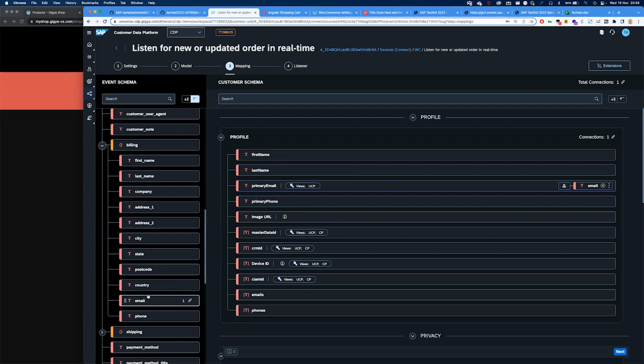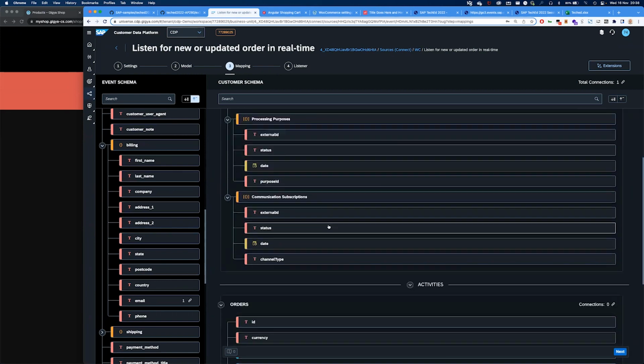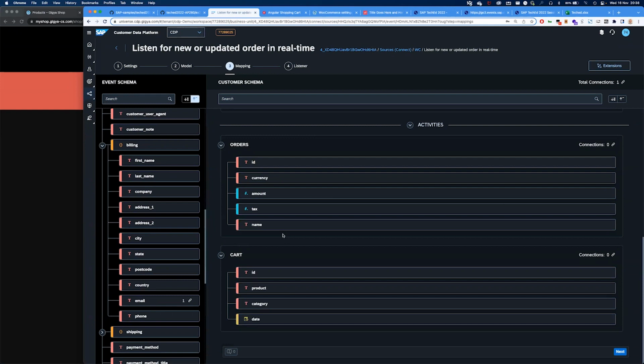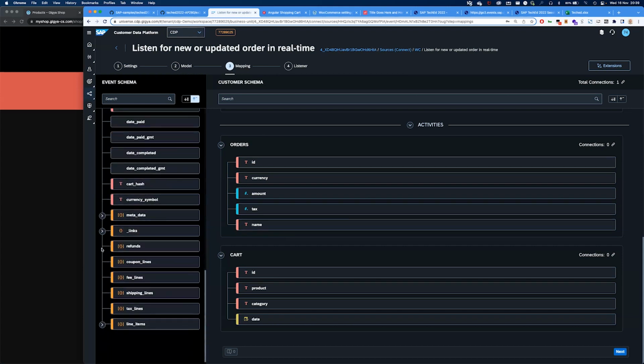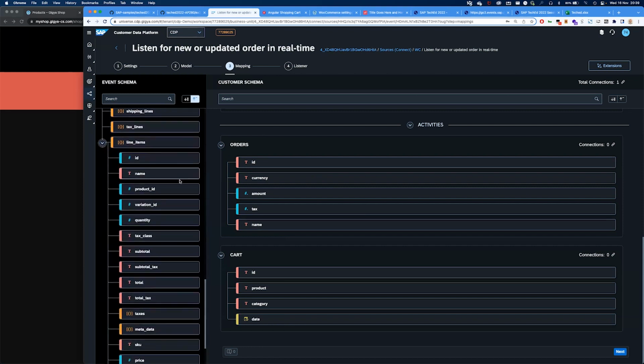Then, now that we've basically attached that inbound information to a profile, we can kind of ignore the rest of the profile and focus on the rest of the information that we want to gather, which is this time an order, right? And remember, we created a name, and we're going to leverage that straight away. So we're not going to be using billing now. We're going to be using line items, which is kind of the content of the actual order, right? And I'll be mapping the